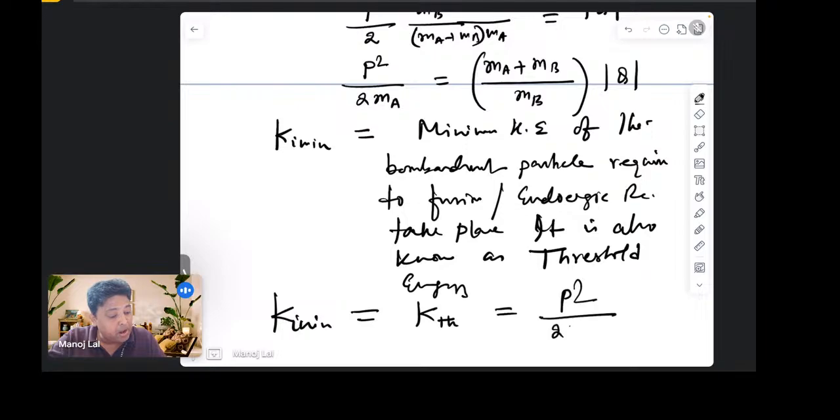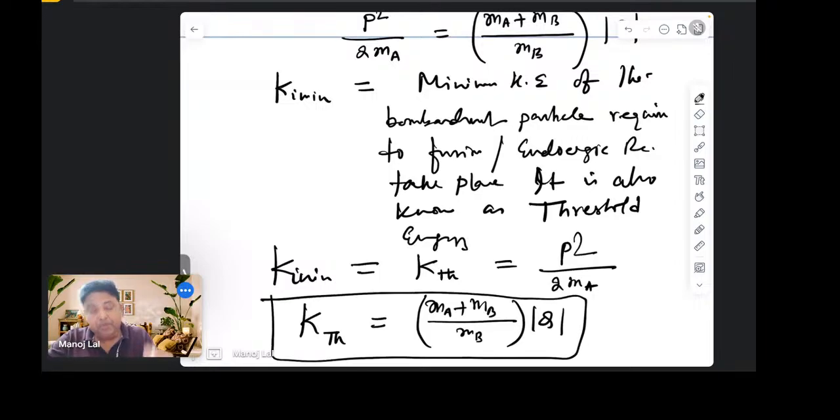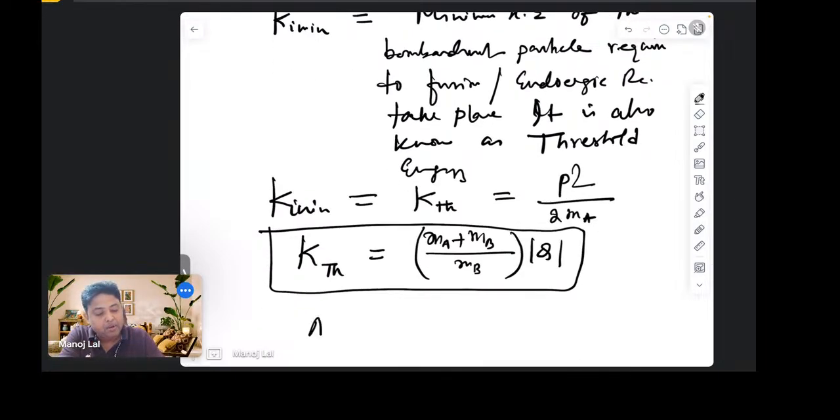And this will be P square by 2 MA. And you must remember, for such a reaction to happen, the threshold kinetic energy must be equal to (MA plus MB) by MB into mod Q. I hope students you got this thing. जब भी फ्यूजन रिएक्शन की बात हो तो कितना थ्रेशोल्ड एनर्जी चाहिए रिएक्शन होने के लिए, that will be (MA plus MB) into Q. So if I say suppose this is A and this is B, this is the target and this is the energetic particle, the bombardment particle, then it gives C plus some energy, which is negative, that will be say 10 mega electron volt.